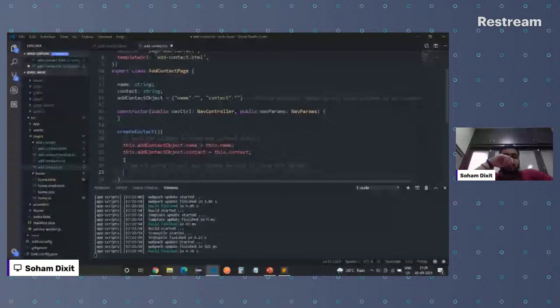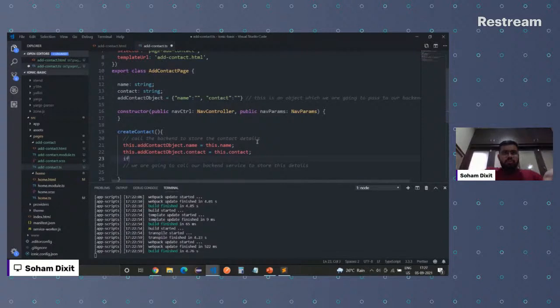But before that, why not do validation before adding the data to our backend, before making an API call. Now this is just a plain simple validation I'm going to do. You can improve this validation by making use of forms as well. Ionic provides forms, like you do validation in your HTML forms. Similarly, you can do it over here as well. But as I have not made use of forms, we had just these two fields, and I just wanted to explain the concept or the logic, I didn't make use of forms.